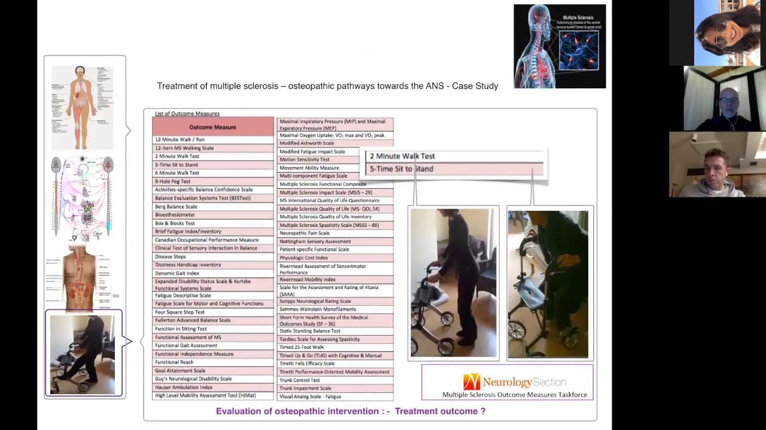So here we have it. We have a lot of outcome measures that we can tap into to see how the efficiency of our treatment is going. This comes from the Multiple Sclerosis Outcome Measure Task Force, and one of the things we started to look at was very simple movement tests, the 2-minute walk test, the 5-minute sit-to-stand test. But when I tried this as a little pilot with my patient,